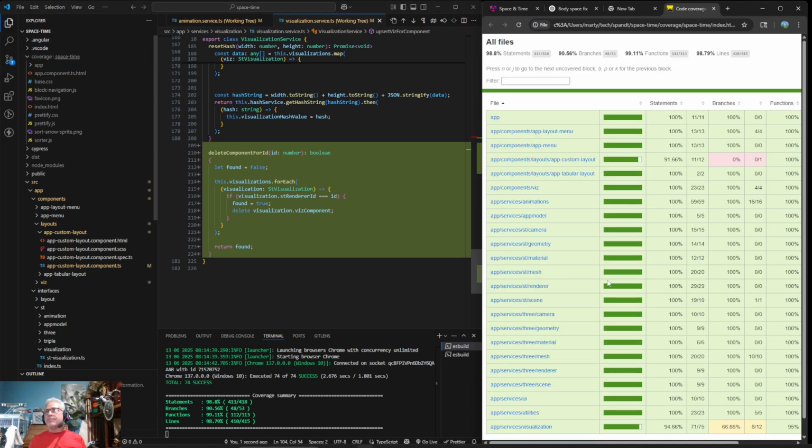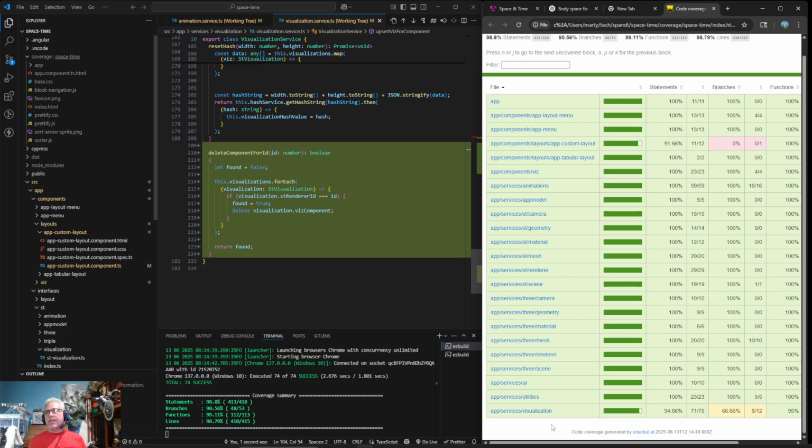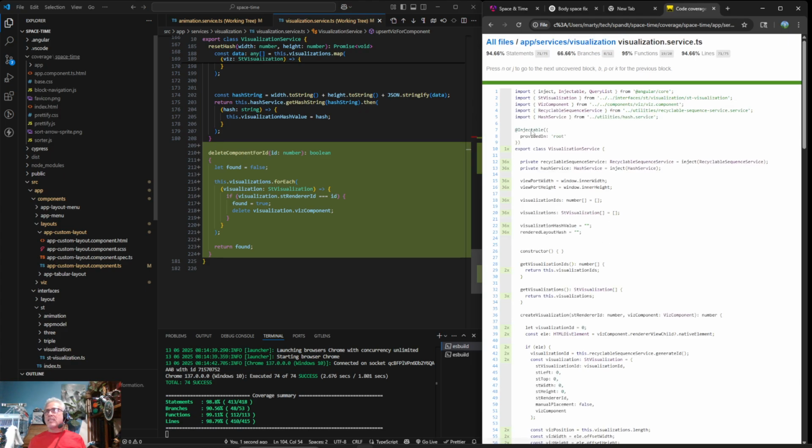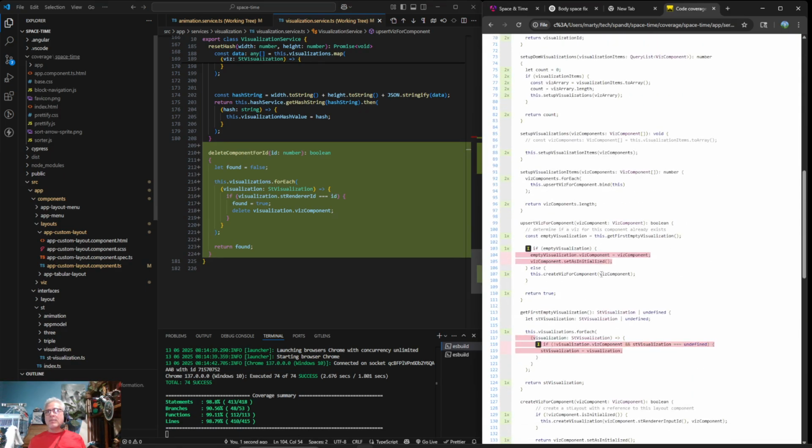So basically, it looks like our problem is in here and here. I guess we should start with app services visualization, just dig in to see what's happening. So yeah, the upsert, that makes sense.